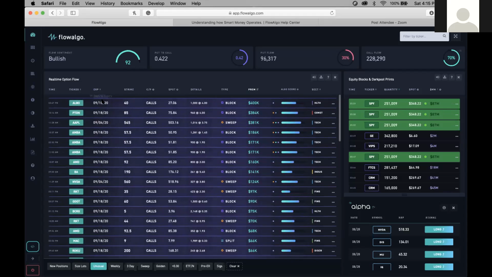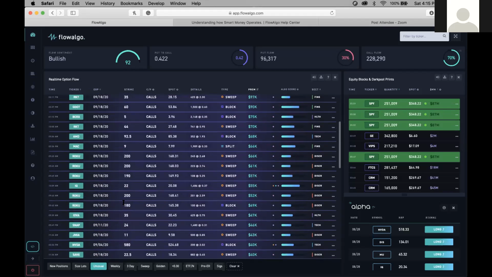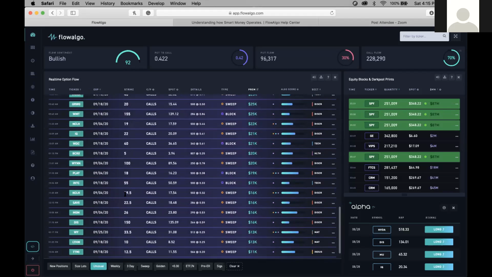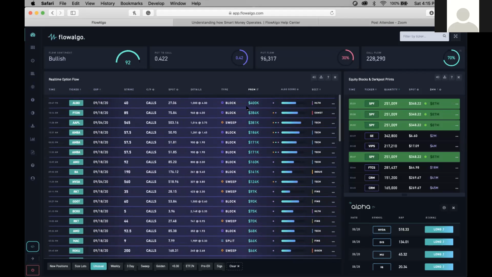What unusual will show you is stocks that are far out of the money with a closer expiration. So you can see, the spot here is 27, the strike's 40, and it's expiring in 19 days. You can filter by this tab to see what's really going to be a long shot, basically, in terms of if these orders are going to work. And you can see a lot of these have pretty good algo scores and some decent premium here. So these would be some decent trades to look at. Whether or not you'd want to take them is up to you, but some of these can be pretty promising.